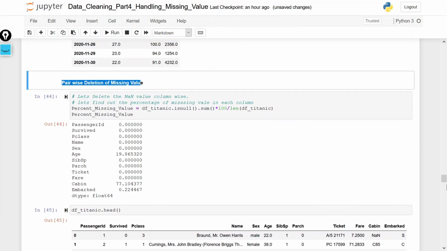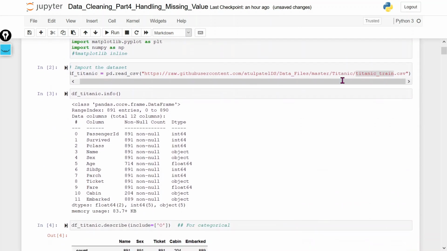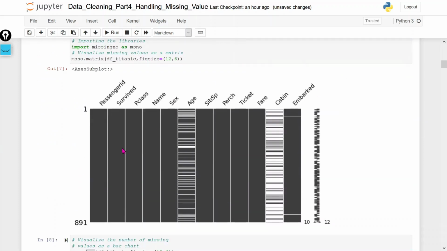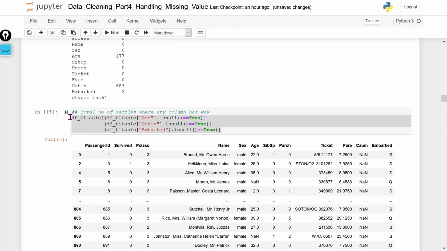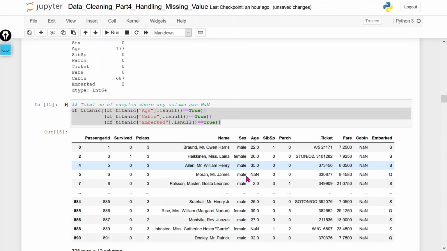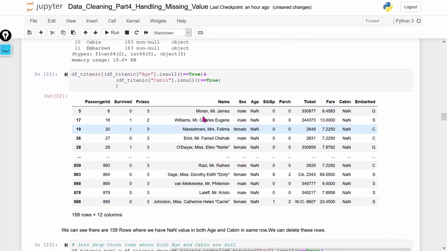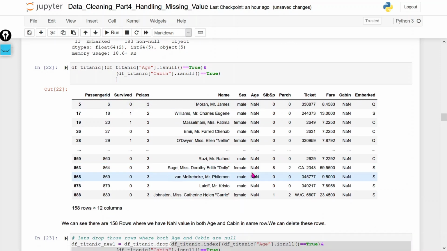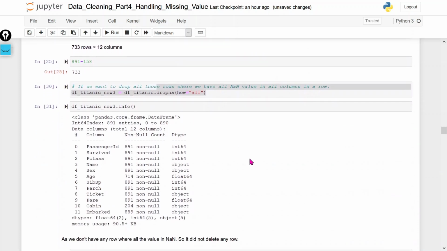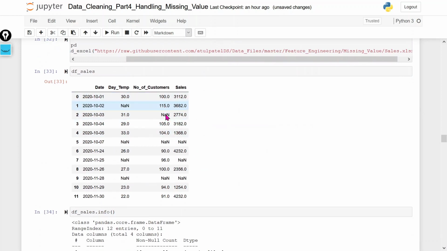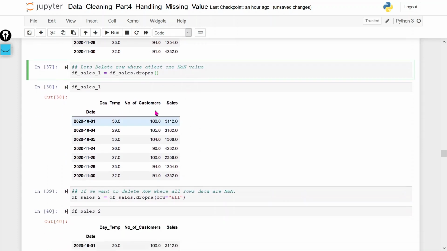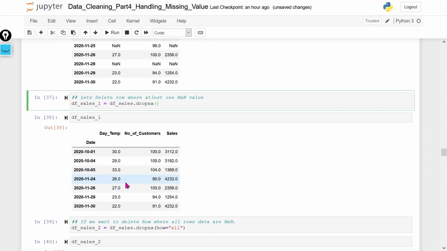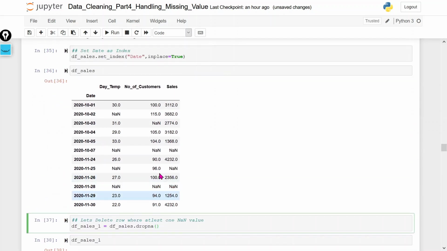To summarize what we covered: first we imported the Titanic dataset. Then we displayed how we can display the missing values. Then we removed all those rows where we have at least one null value. Then we deleted all those rows where we have null values in all the columns. Then again we imported another data frame where we used the dropna function. Using dropna, we used the any and all options, and by using that we deleted all the rows where we have all null values and where we have any null value.